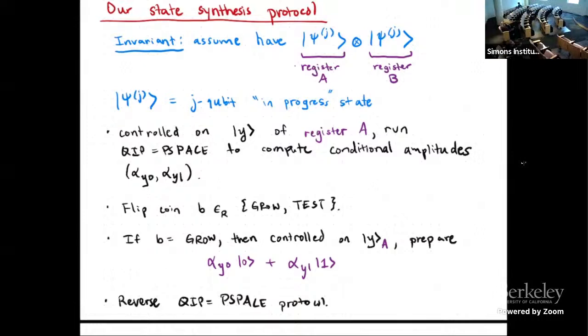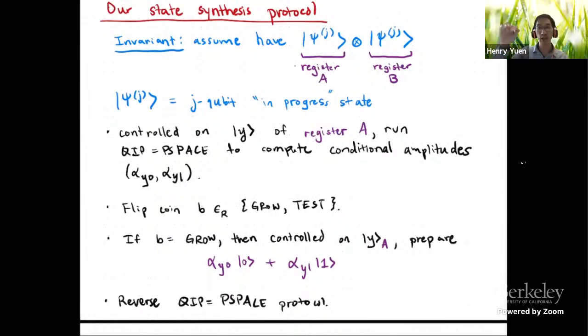Right, but if you already know that, why do you need the second copy then? Oh, because in the next step, we're going to again do a test or grow, and you need the second copy to ensure that the test round has the right guarantees. So again, what's happening in the test round, we're not actually going to grow the state. We're going to make the prover think we're growing. So we're going to pretend we're growing this first register, but we're not. We just want to make sure that the prover hasn't done anything malicious to the first copy. So that's why inductively we need this second copy